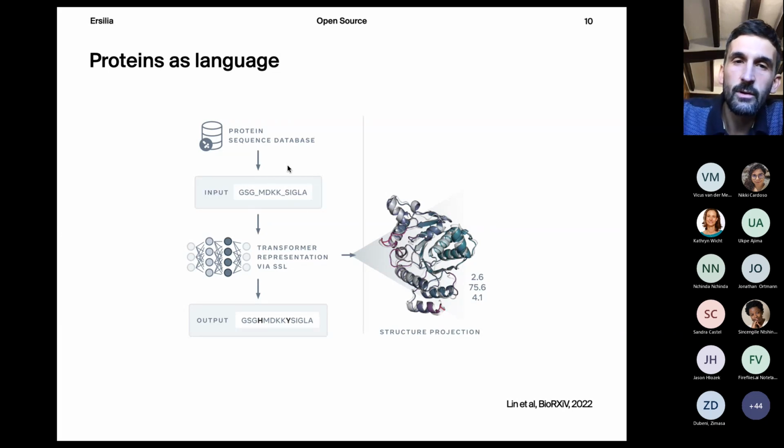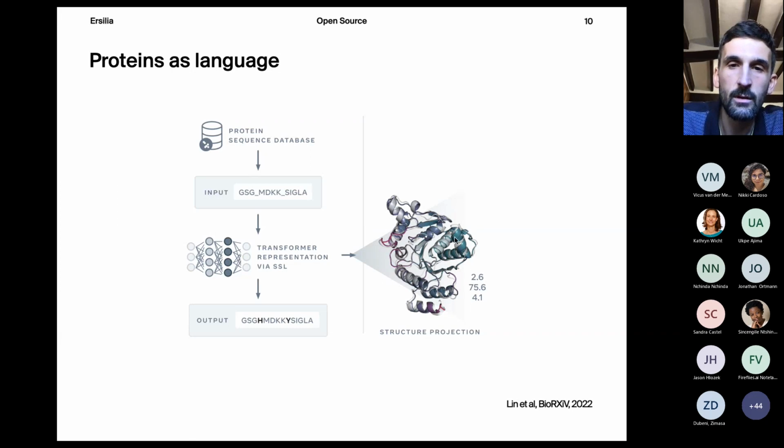You can see here again a very simple scheme. We can have a protein sequence. We have huge protein sequence databases. As you know, we have millions and millions of protein sequences out there in the public domain. We can take them as text, which is the input. And basically what we do to train a machine learning model is we hide part of the protein, and we ask our model to complete the missing parts. By doing this over and over, across millions of proteins, we can learn what we call a latent representation of the proteins that we can use for many, many things.